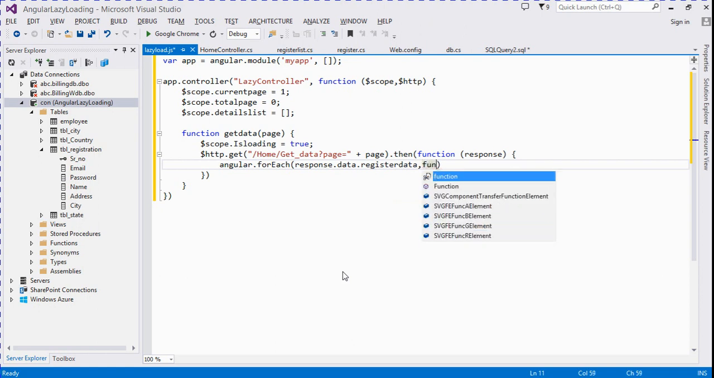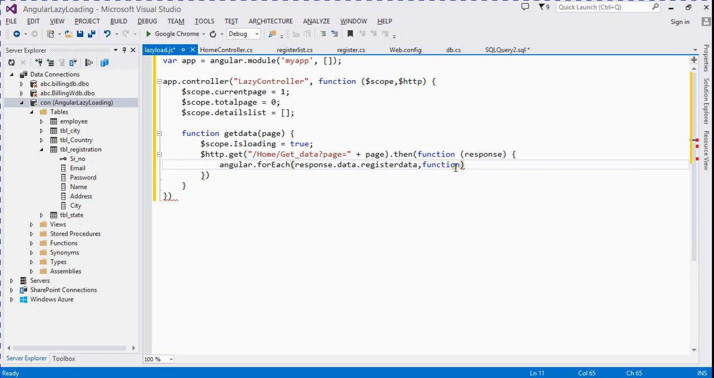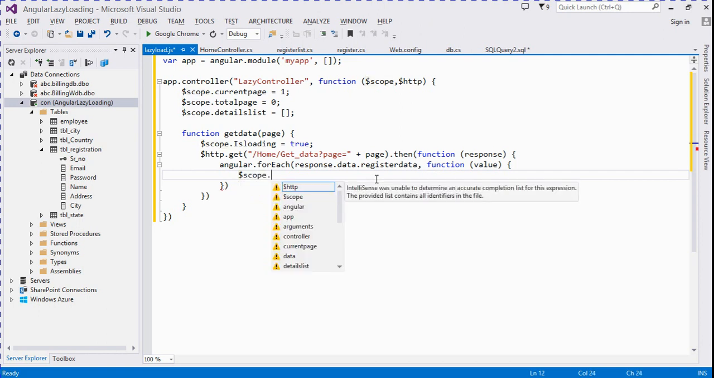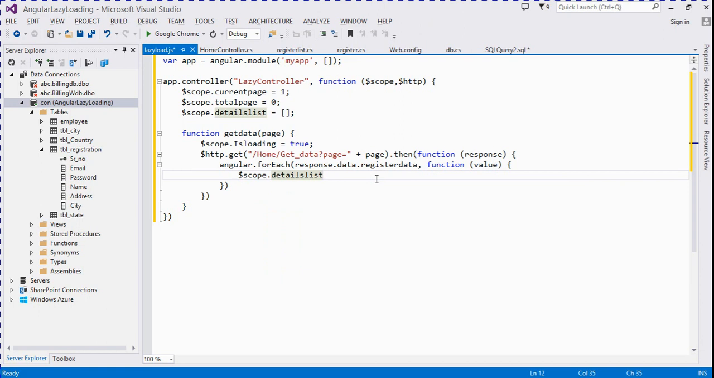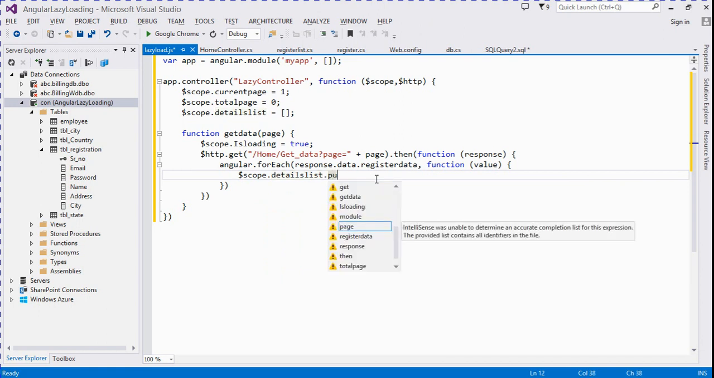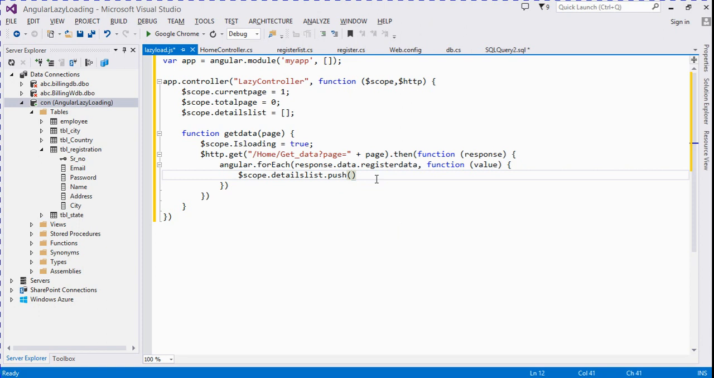and here we take a function and take a value, and it's $scope dot details list dot push. We push values into this array. It's a value